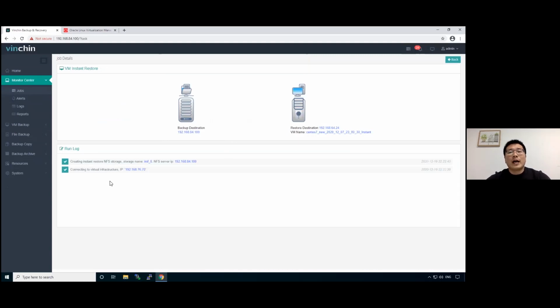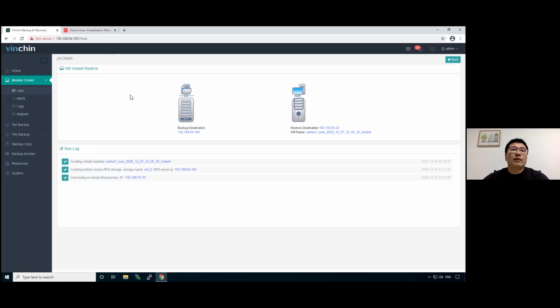And after the NFS storage is created, next, Vinchin Backup server will try to use the REST API of the Oracle Linux Virtualization Manager to create a virtual machine on the Oracle Linux KVM host. Now it's creating a virtual machine. And then the NFS storage will be mounted to this virtual machine.